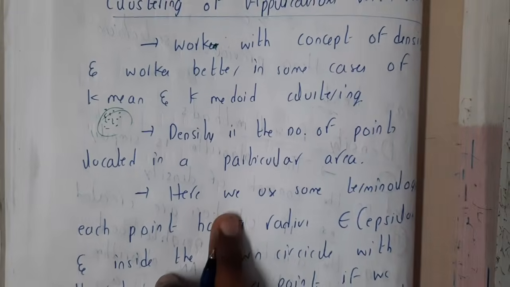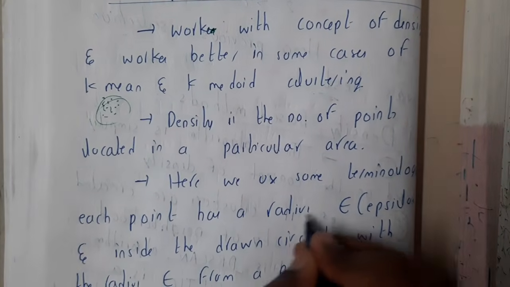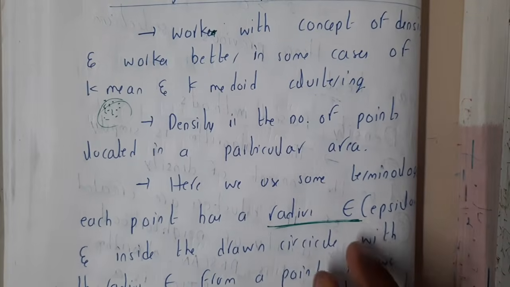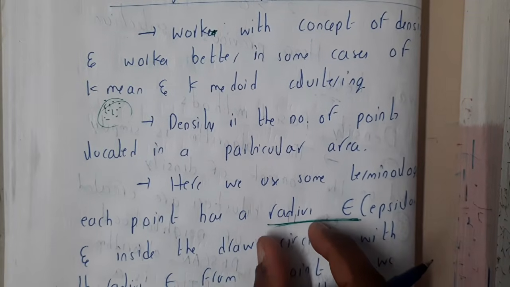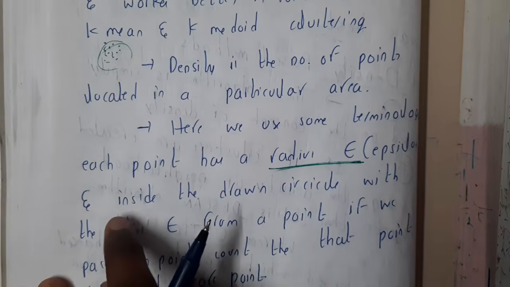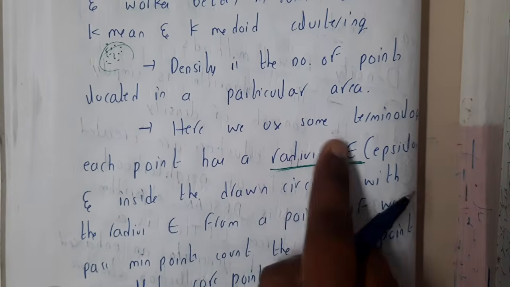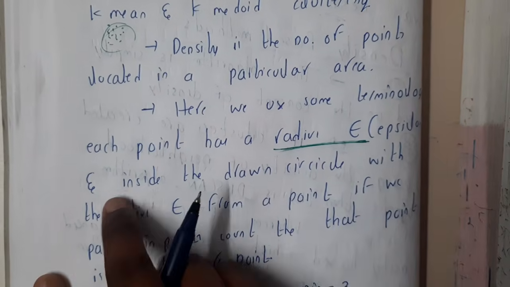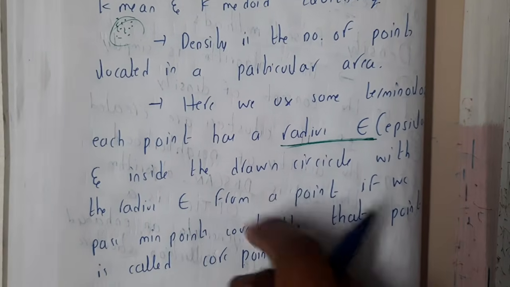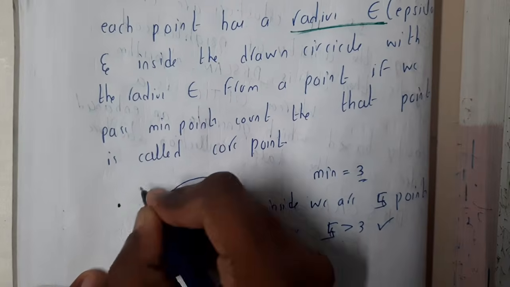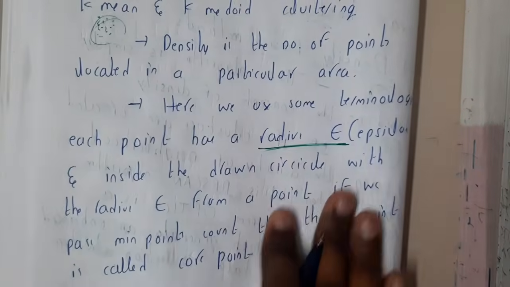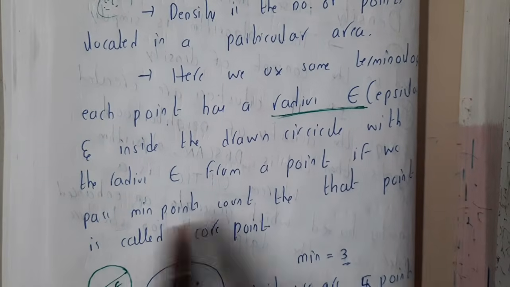Yes. So here we use some terminology. Please concentrate, guys. I hope everyone is concentrating. The first terminology is epsilon, guys. Epsilon is nothing but the radius, guys. Each point has a radius, that is epsilon, and inside that we draw a circle. So basically if this is the point and epsilon is the radius, you can draw a circle, right? Yes. Once you draw a circle from a point, if we pass the minimum count,